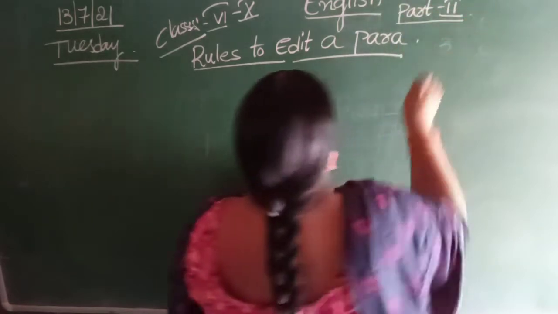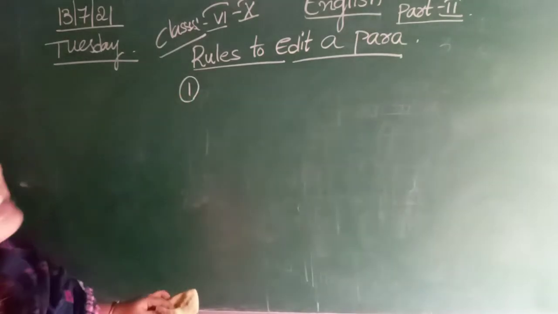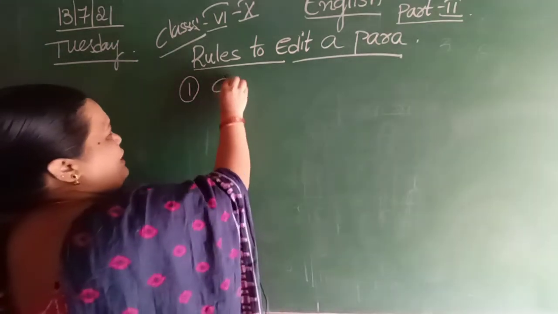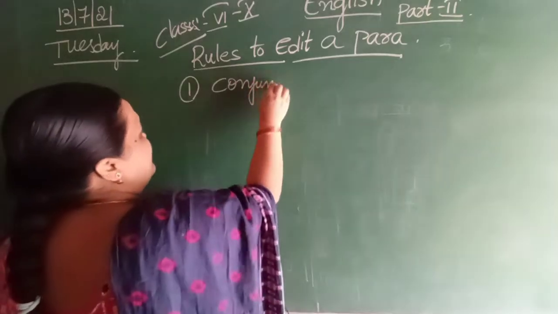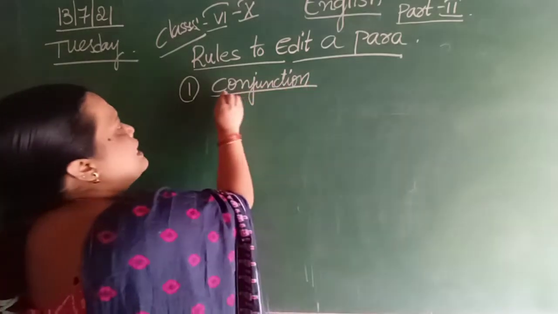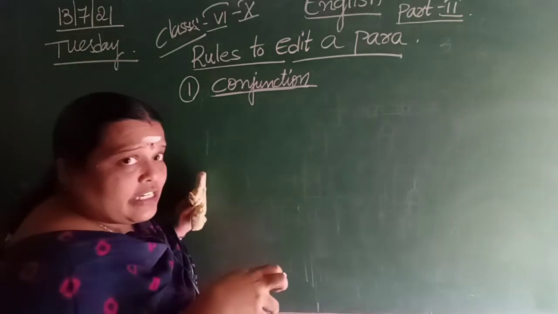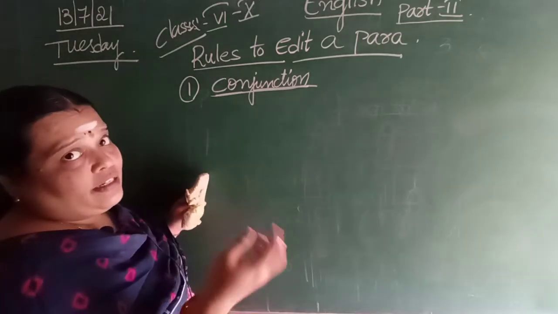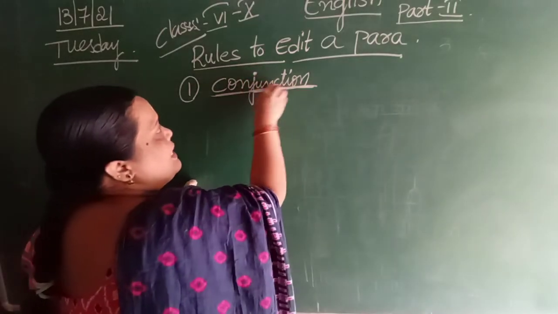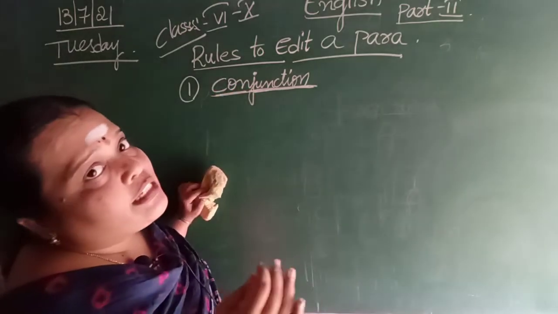Rule number 1. First rule, Nana. First rule. So what is that? The first rule is that we are going to check for conjunction. Okay, the first one is conjunction. So before we start this, let us see this conjunction. Junction means a certain point where you can take for normal things. But here, when it comes to the subject, conjunction means connecting two or more sentences.